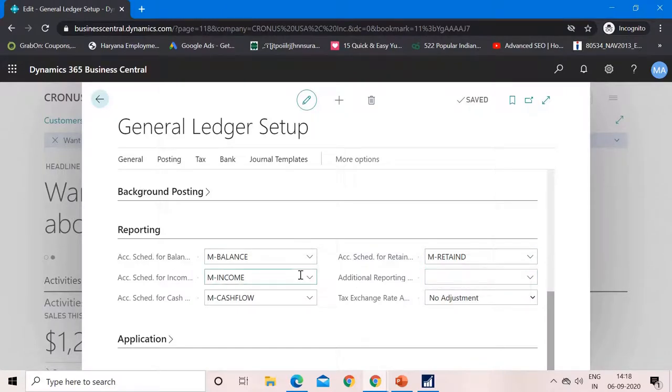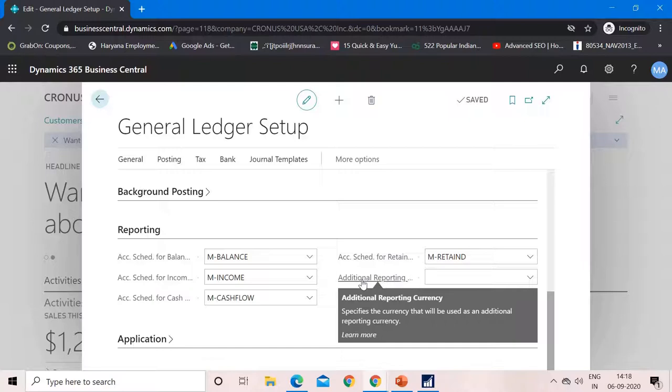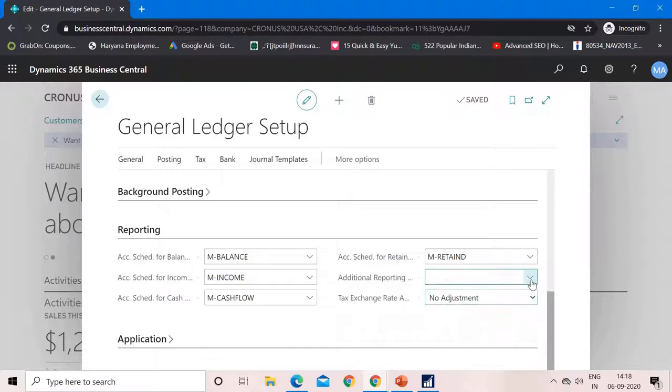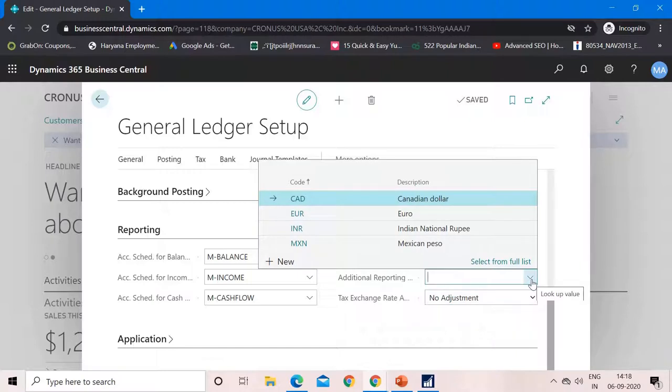So all these reports can show us the data in our desired format. Additionally, in this field, which is additional reporting currency, we can mention the currency in which we want to see our results or business numbers. As I mentioned, this company has opened up their branch in India, so they want to see their numbers in Indian currency also.